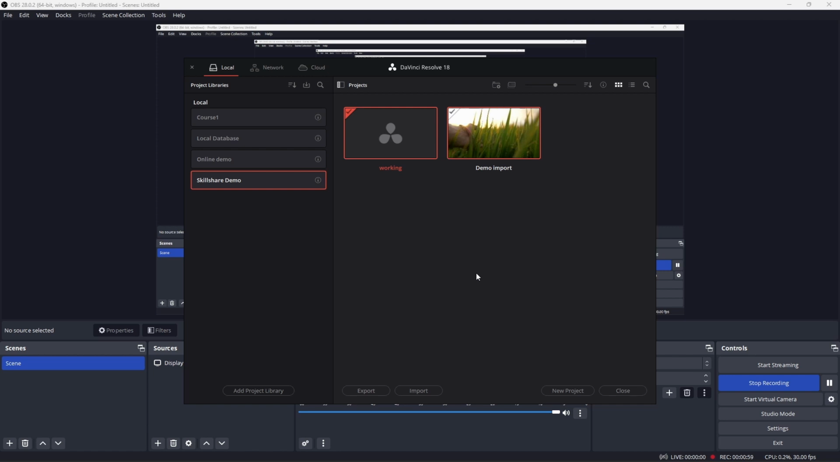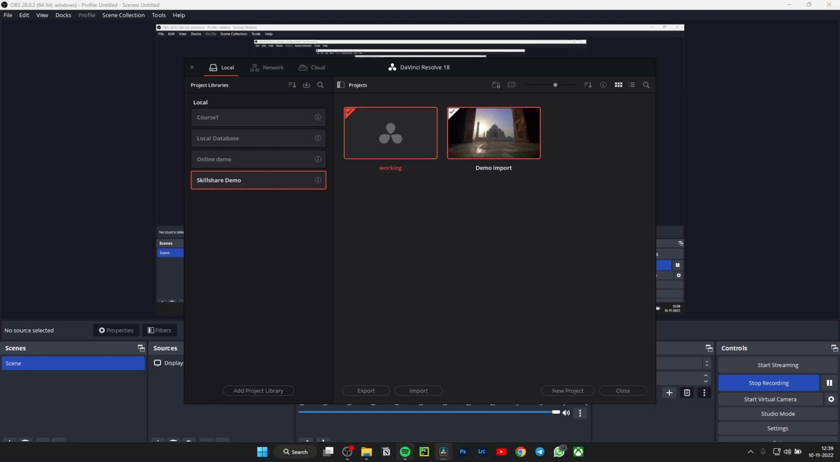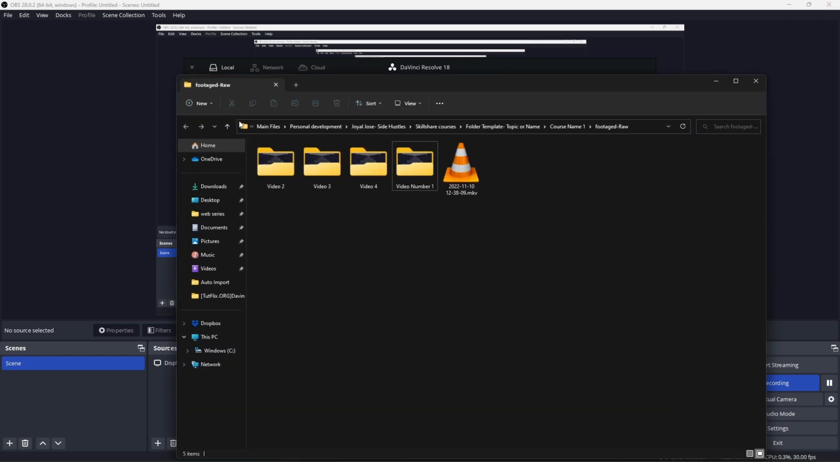So let's say you want to continue working with some other editor, you're working on a project with multiple editors, or you are a collaborator and you're getting this project. This is how you're going to get the project. Okay, so you are going to get the project in the form of